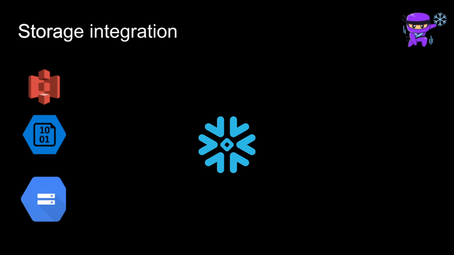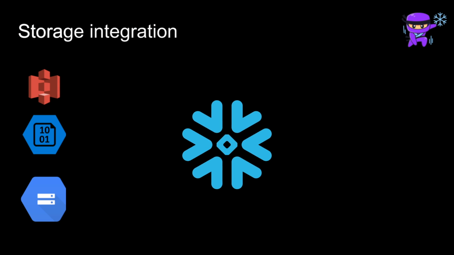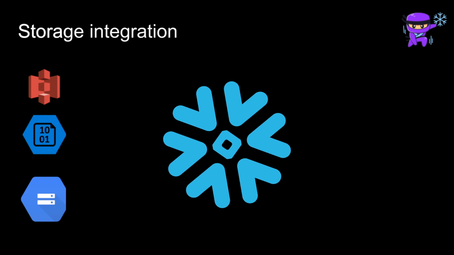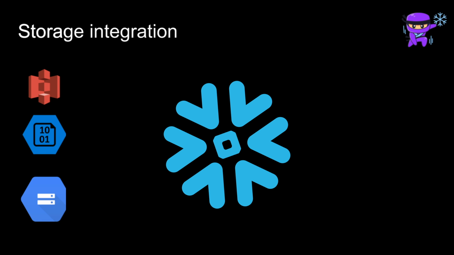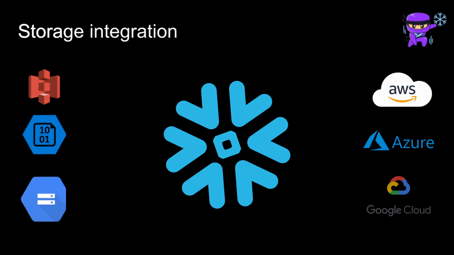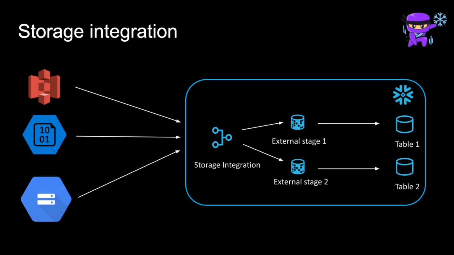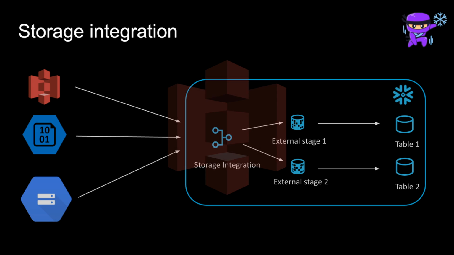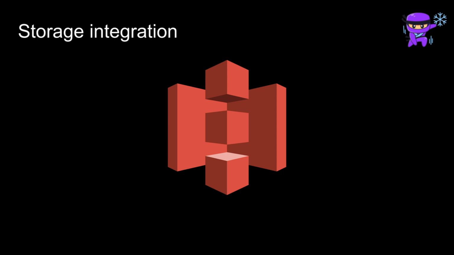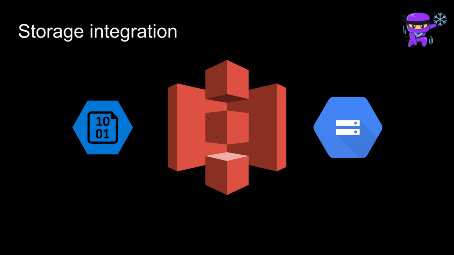A storage integration in Snowflake is a configuration object that allows Snowflake to interact with external cloud storage services such as Amazon S3, Microsoft Azure Blob Storage, or Google Cloud Storage. It acts as a bridge between Snowflake and external storage, enabling data ingestion, storage, and retrieval operations. Basically, everything you need. In this video, we'll go only through AWS S3 integration, while the other two will be covered